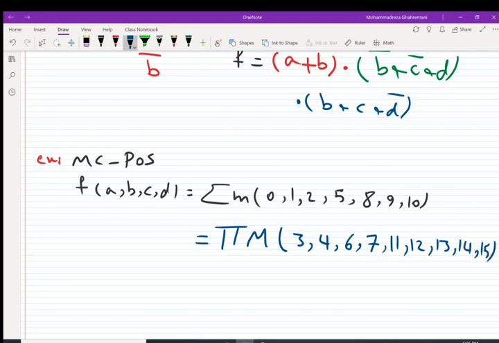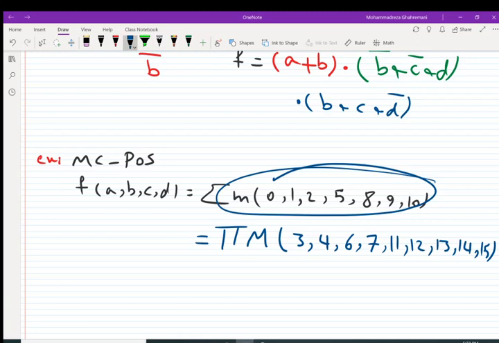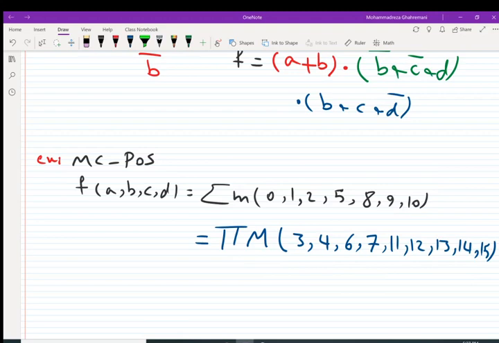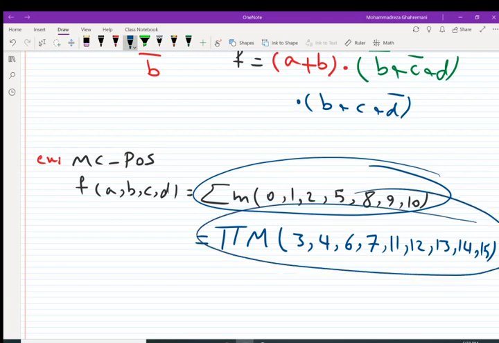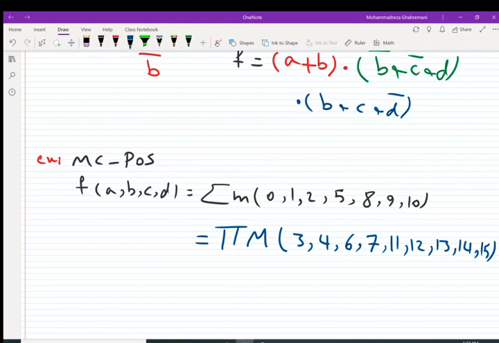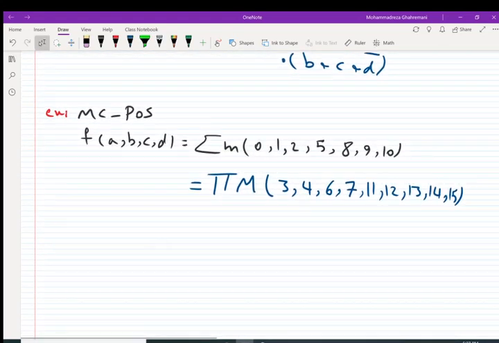Okay, so any term that is min term cannot be max term, and any term which is max term cannot be the min term. So we just ignore the min terms. The other like combinations are max terms. Okay, so we can just